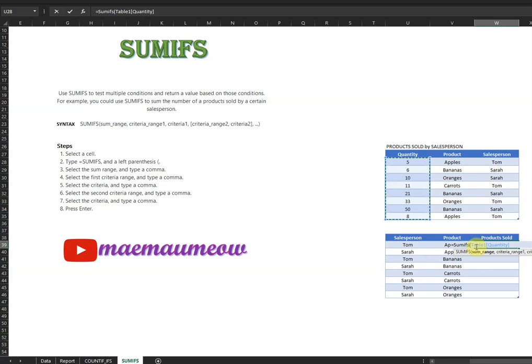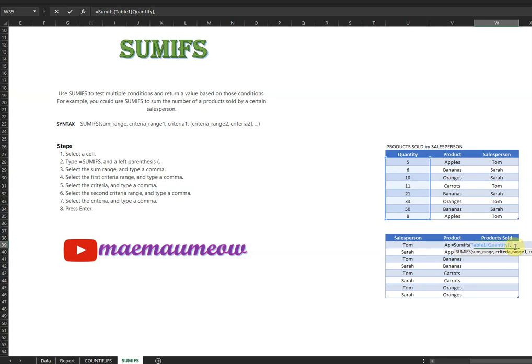Since it's within a table, it will actually use the headers of our table. So our table is Table1, and the column header is quantity. As you can see here, it's Table1 quantity. That's our sum range.